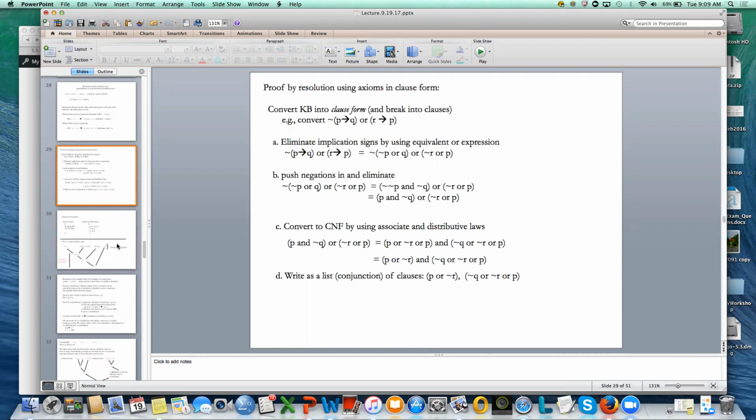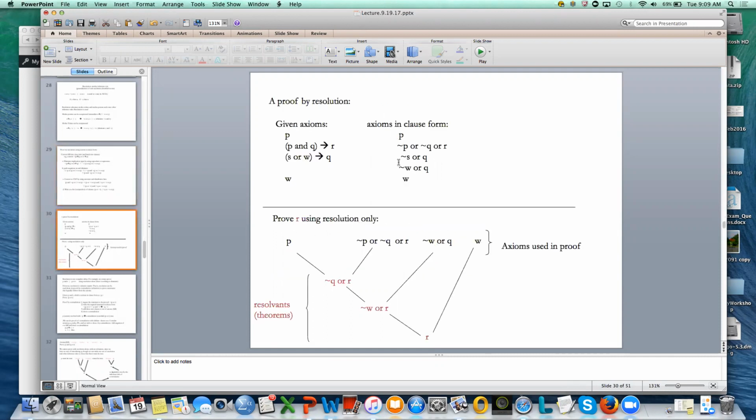That would be one way of writing that. If we take a look at a proof by resolution, let's say that these were given axioms. These are axioms after we converted them to clause form. I write my proof trees this way. We're going to be looking across